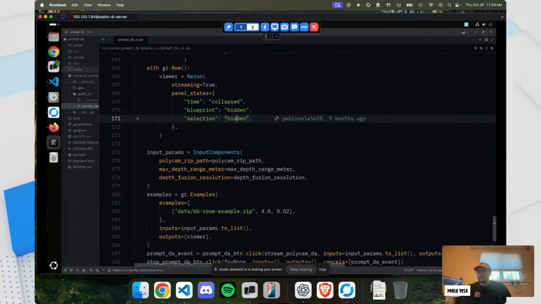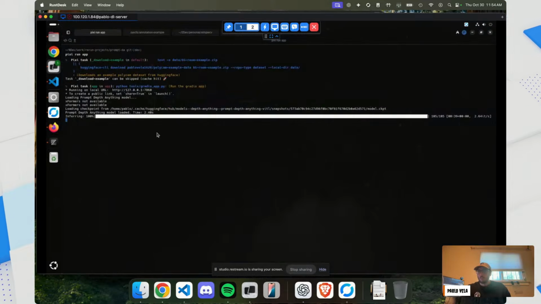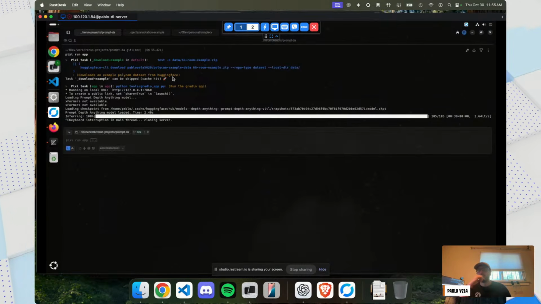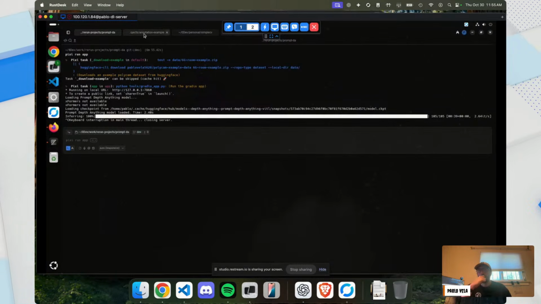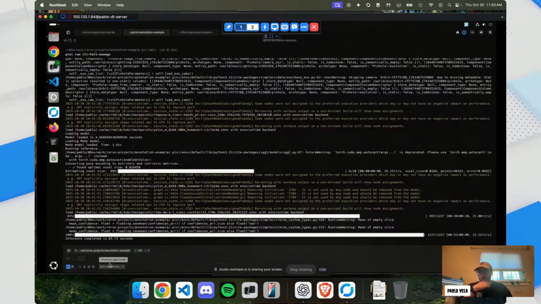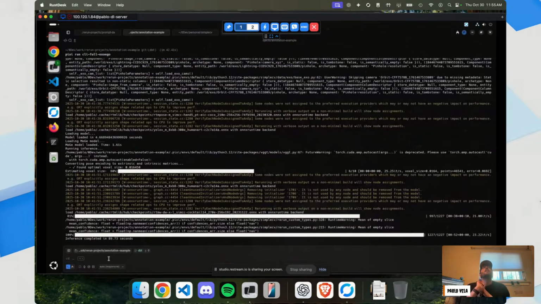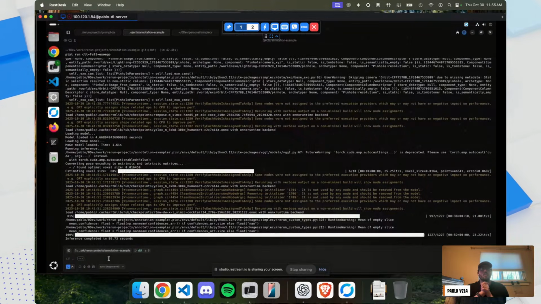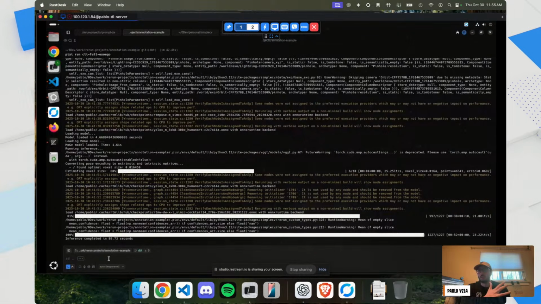So let me go to the next demo that I think is really cool. That was this Prompt Depth Anything, which was just me playing around with a really cool paper that I thought at the time. The primary thing that I have been working on is how we use the abundant amount of human data out there to train robots. Robotics is data constrained, in my opinion.